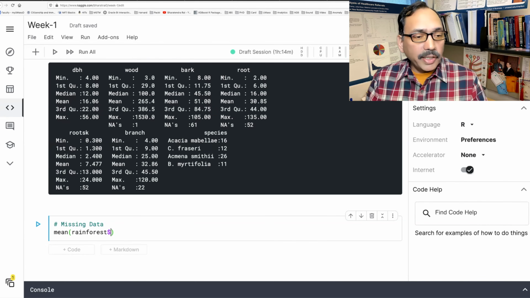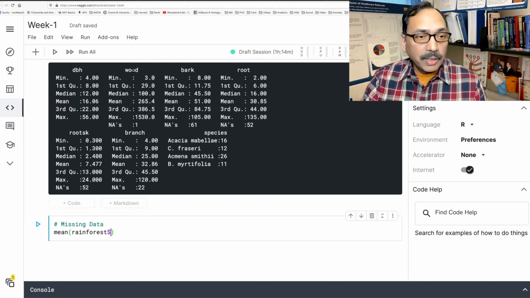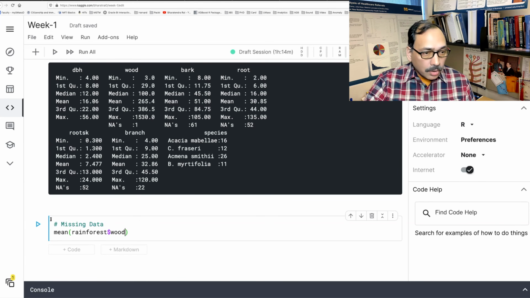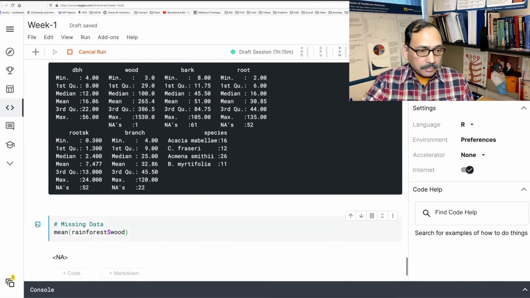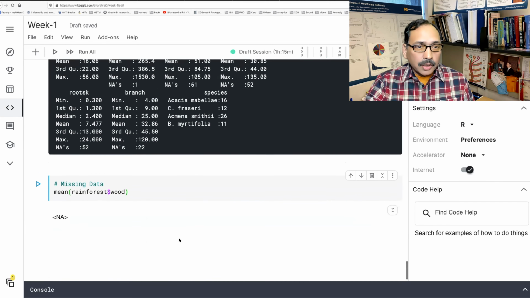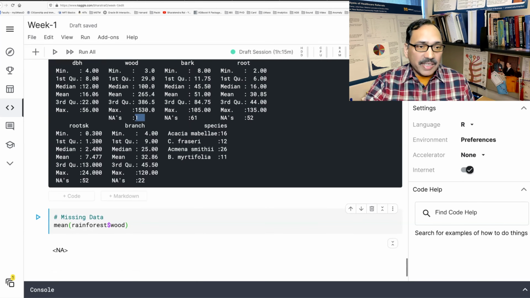So let's calculate mean for wood, this variable here. Now, when you run this, even if you have one data point missing, it's not going to give you the mean or standard deviation or any numeric calculation. You'll not get, even if there is one missing value.